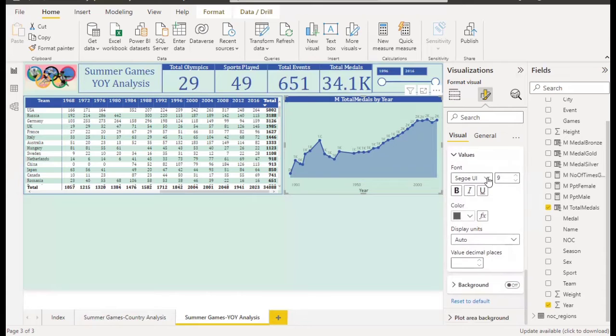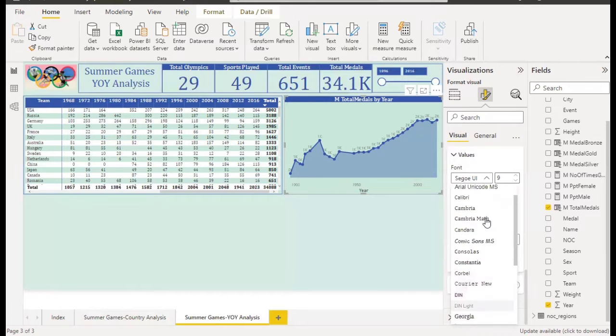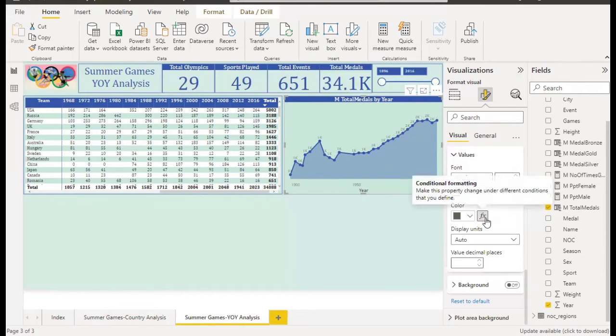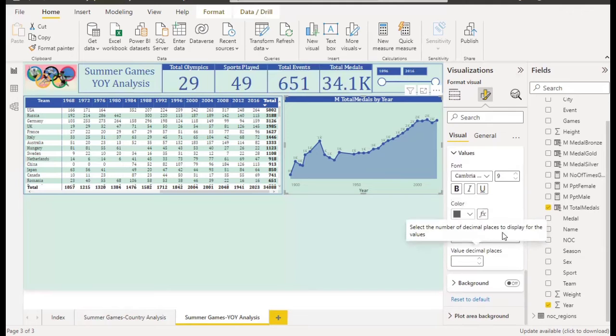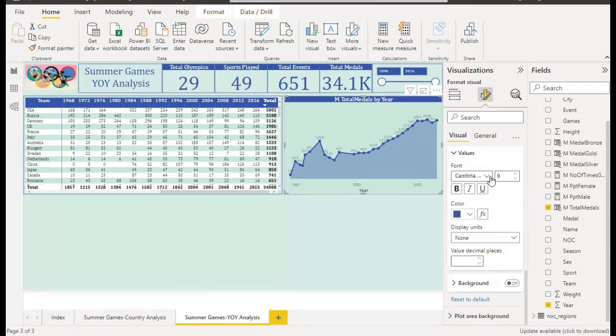And if we change the color here as well, yes, it's looking good. Display unit should be none, and I think it will be background. If we make the background similar,